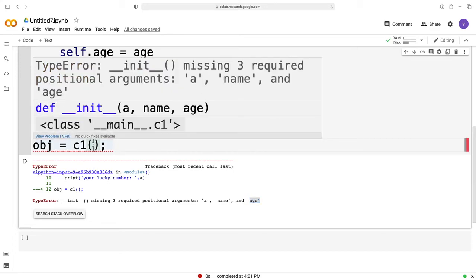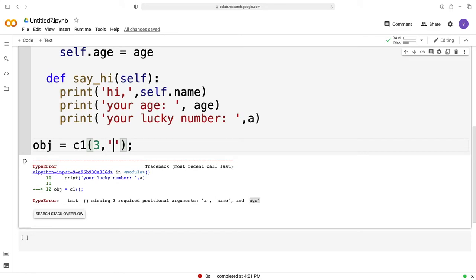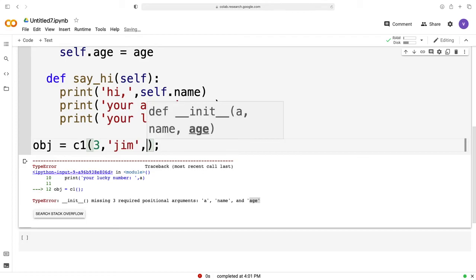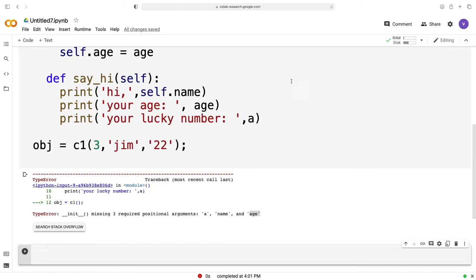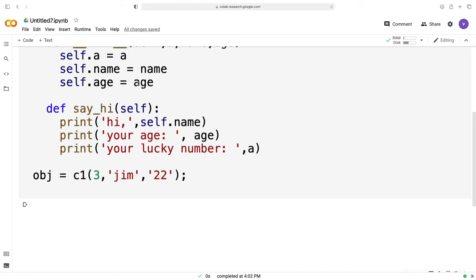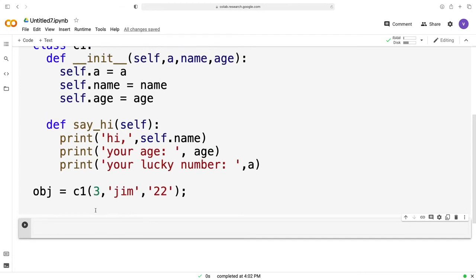The first one will be a, the lucky number, so I'm going to use 3. For the name, I'm going to use a string, let's say Jim, and for age, let's say his age is 22, and let's run this. So it is running just fine, we don't need to worry about anything.